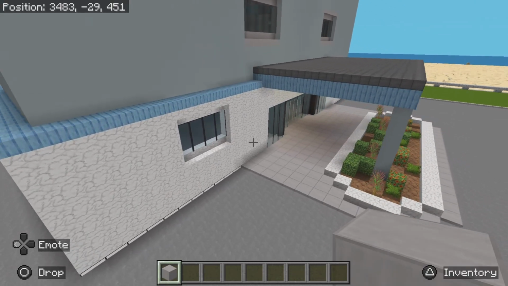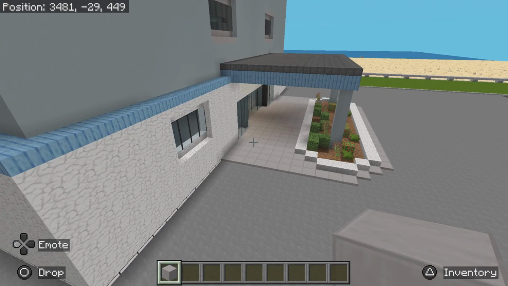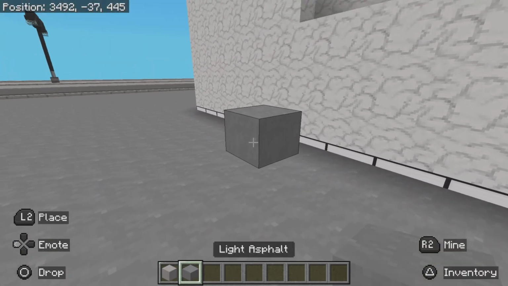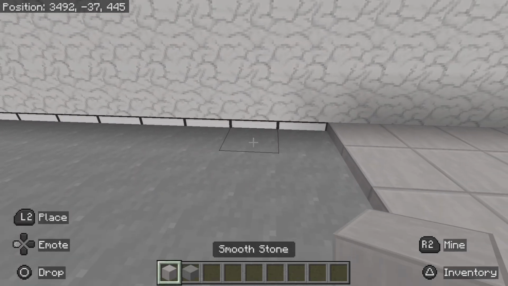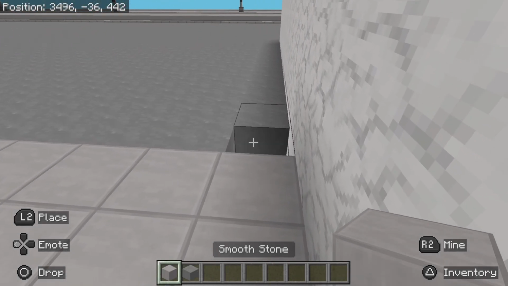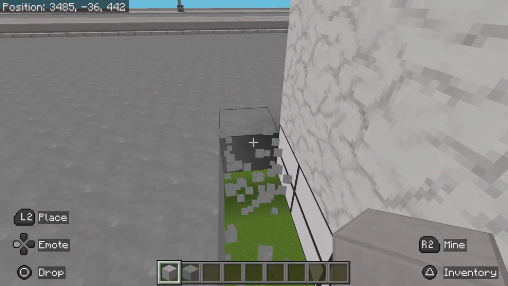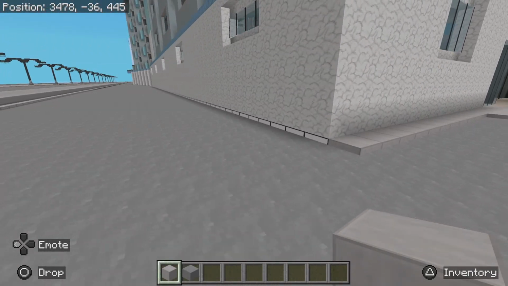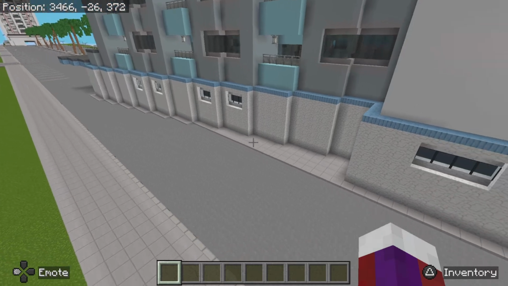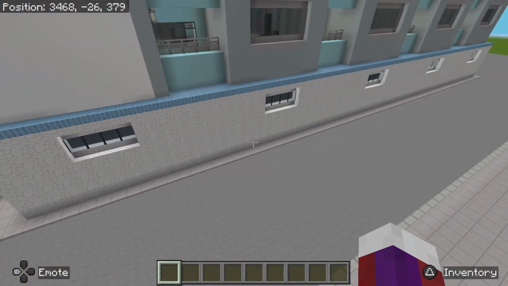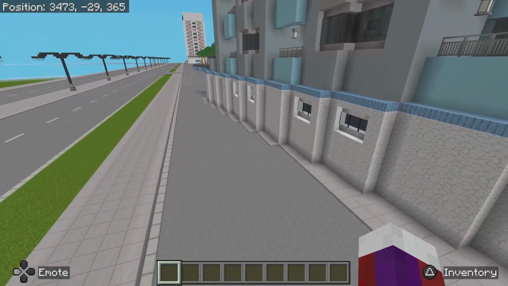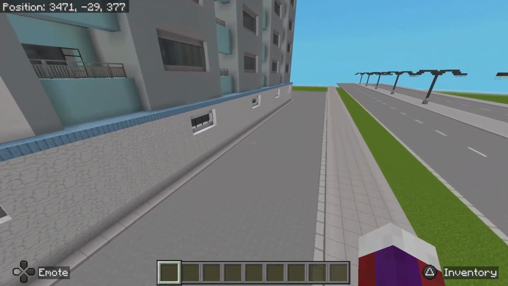Right now that looks much better, much cleaner. Now what I'm going to go ahead and do, because again I'm using this material here and you can see that, I am going to take the same material and do an outline around the entire building with that. As you see, I got that all the way around the building. Got this right here, the small section filled in, and pretty much outlined the whole bottom base of the building